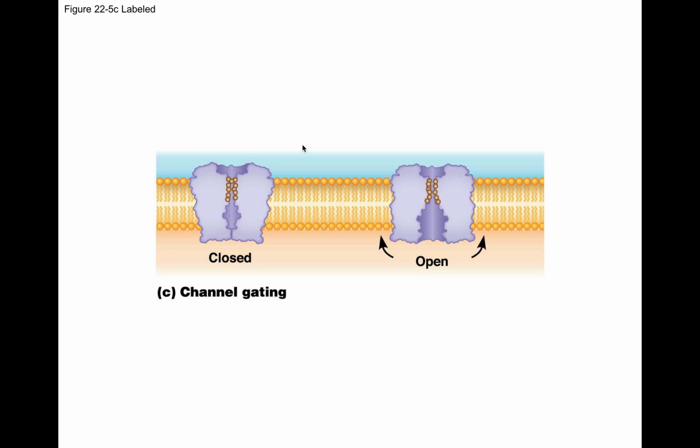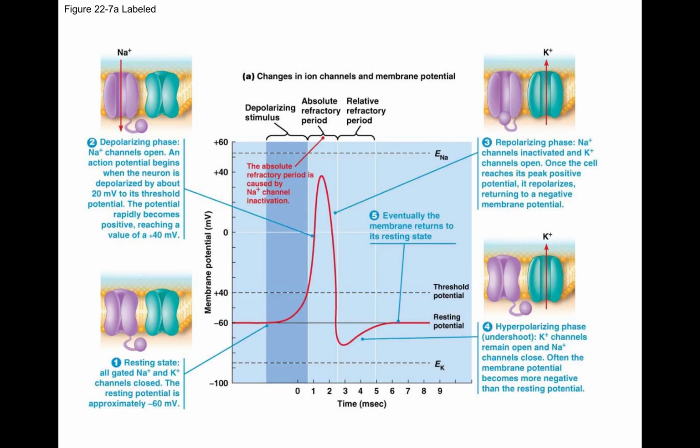Again, just showing you the difference between closed and open. If you look at the overall structure of the protein, it has changed, and this does look different than that. But if you look at just the channel itself, it's not wide open at this point. It's slightly open, and these golden amino acid residues are the ones that are going to interact with the water molecules of the hydrated ion as the channel is open.